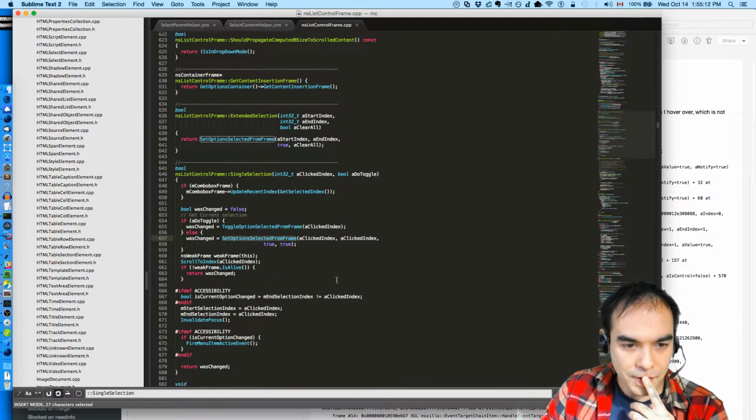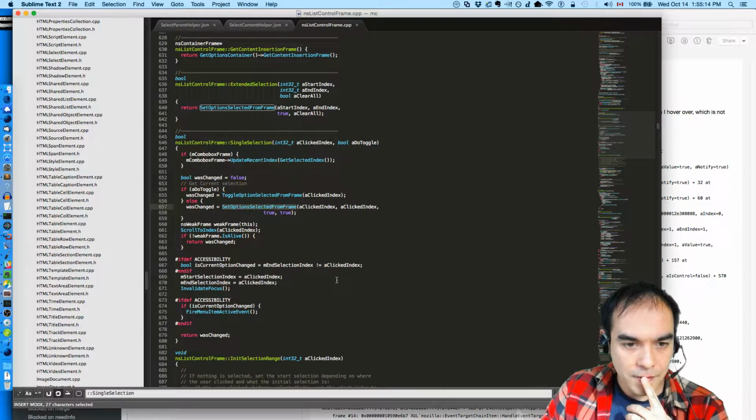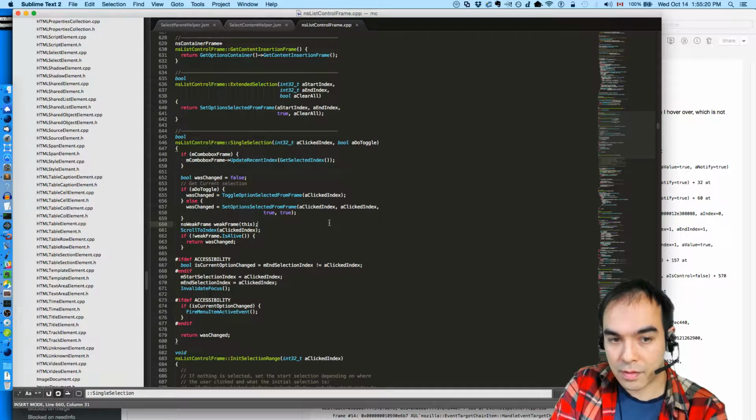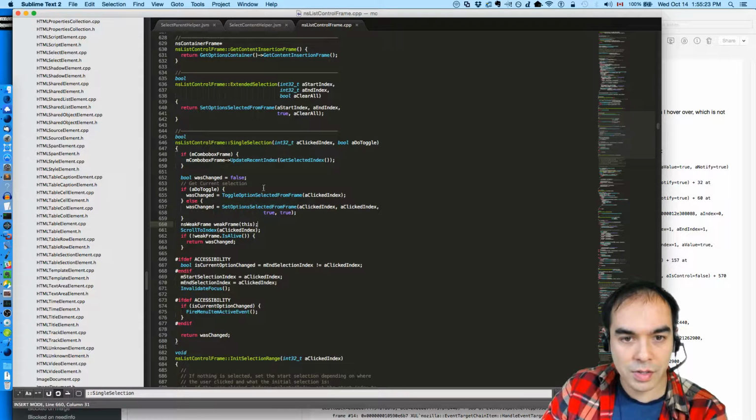So we must enter from here. And what about on mouse down? Is current option changed? Clicked index. We haven't clicked anything. Was changed.